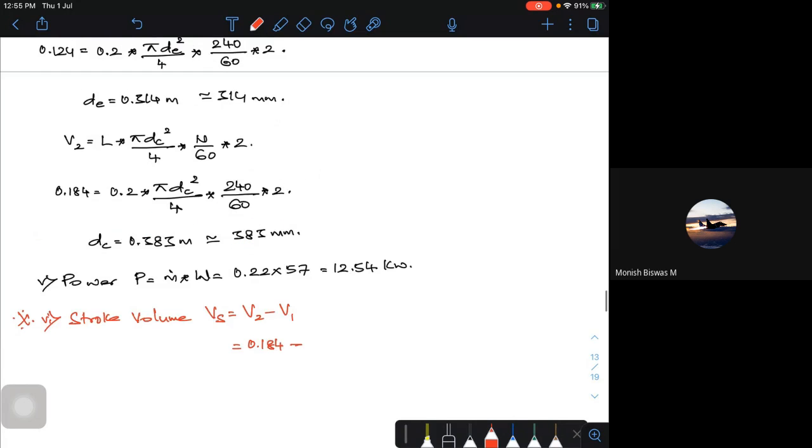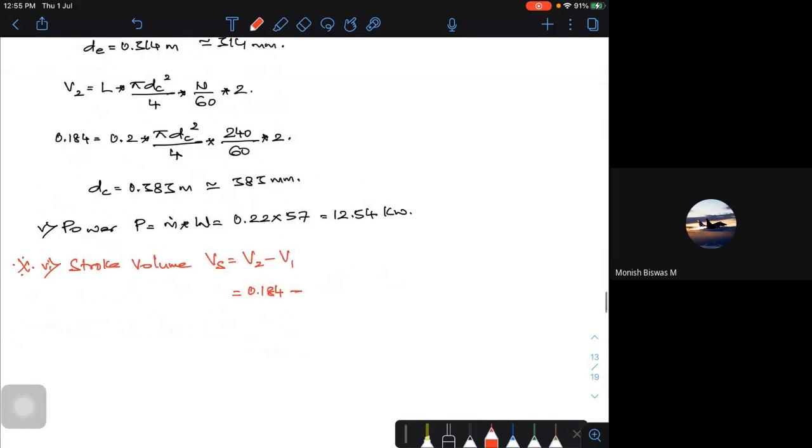is 0.184 minus 0.124. If you do that, it is 0.06 meter cube per second. This is your stroke volume. Then the extra thing I am trying to do. So stroke volume is the difference of your volume at the compressor, at the entry of the compressor